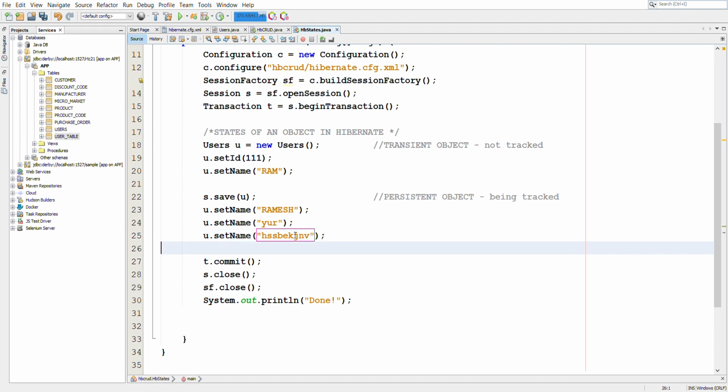So all these changes are going to reflect in your database, and the database is always going to carry the latest values. Also, since we are using the update schema, we will have to change the ID here because it will not allow us to create a new object or create a new row with the same ID 111 since it is already existing.